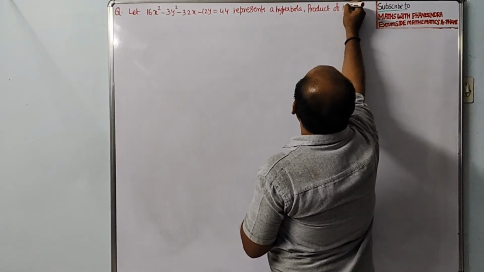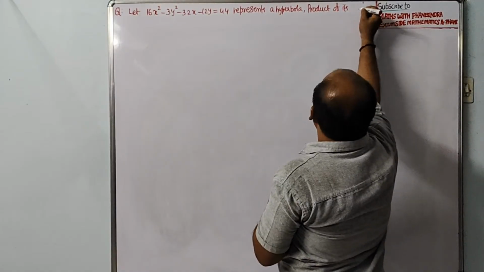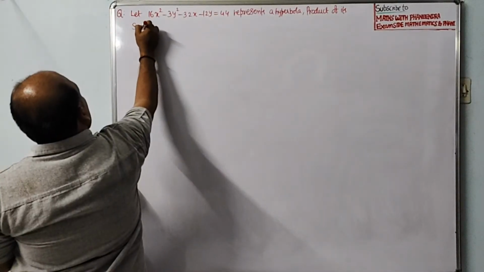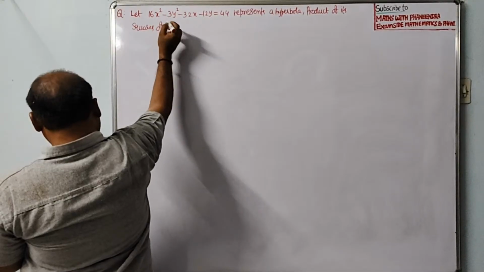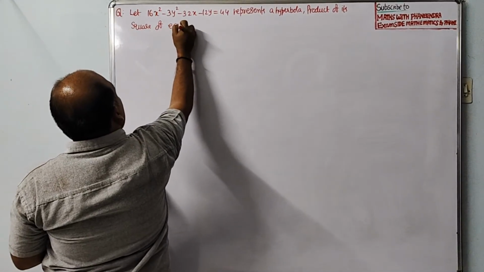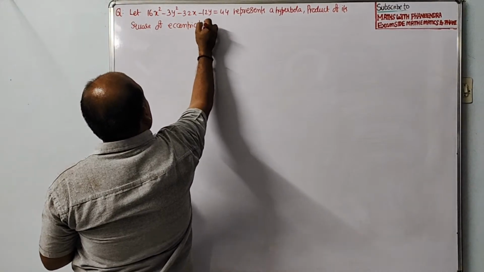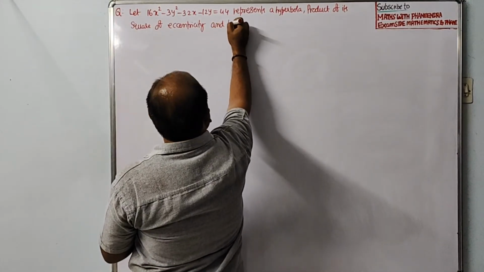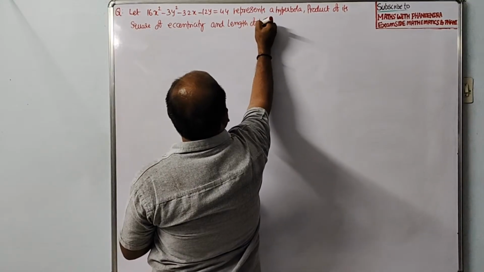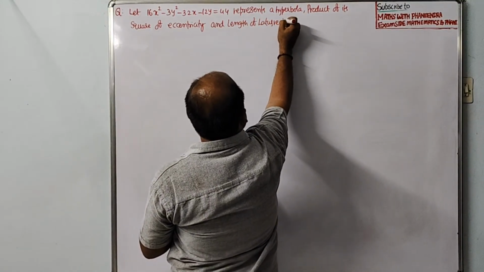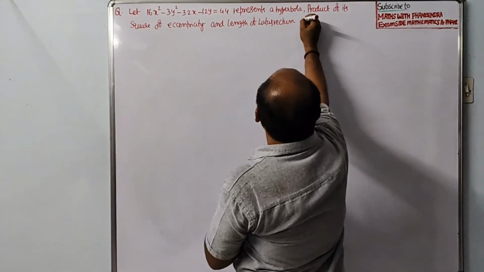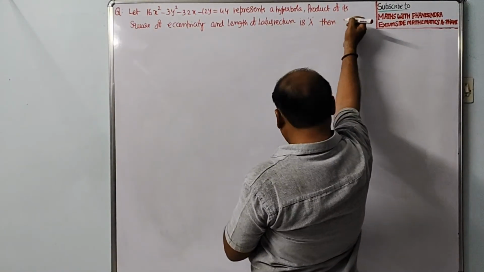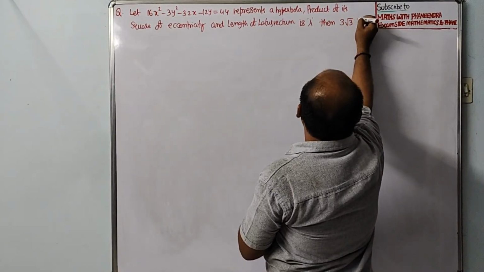If the product of the square of its eccentricity and the length of the latus rectum is lambda, then 3 root 3 lambda equals